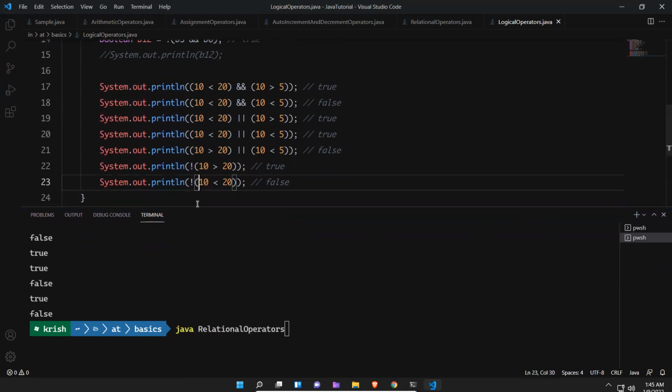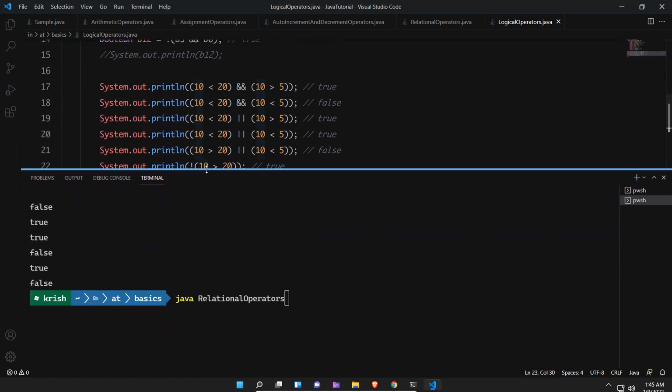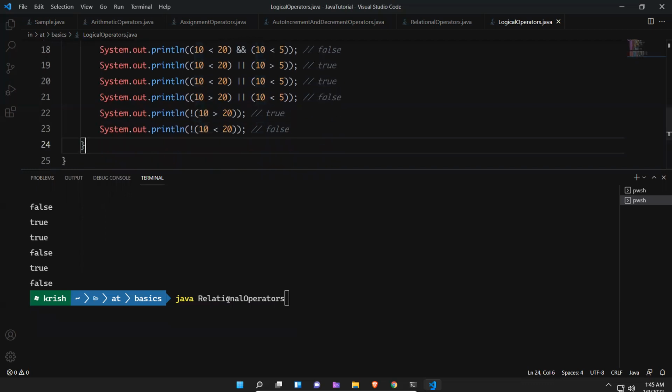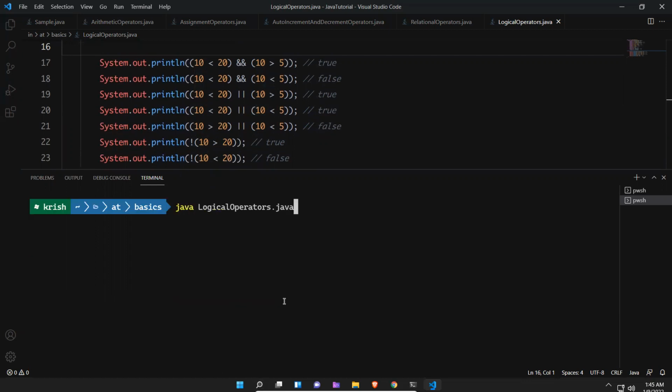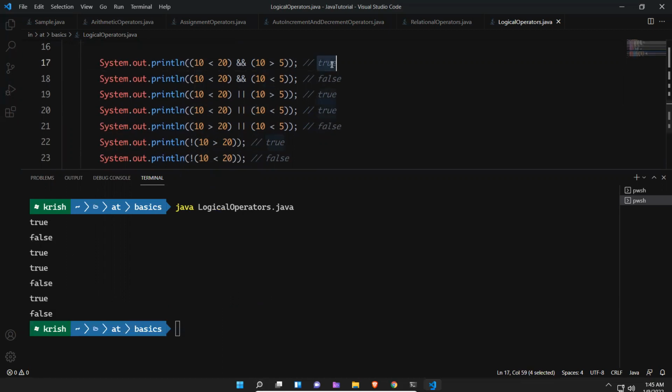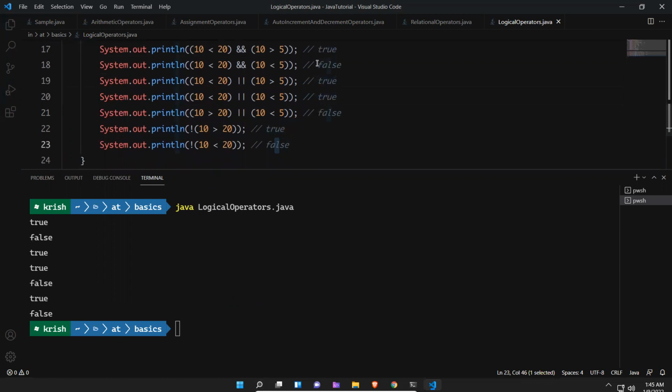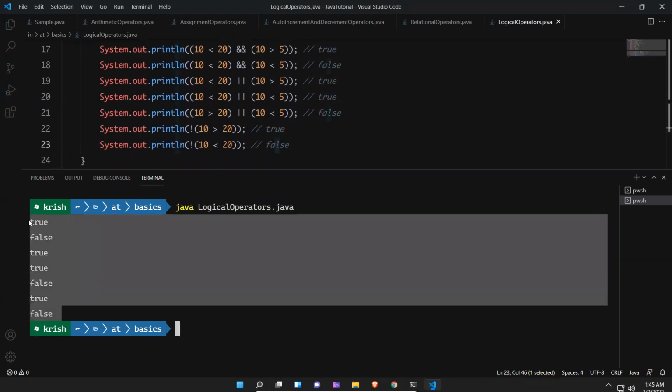Okay, let me clear this and then let me execute again. Yeah, you see that, true, then false, then true, then true, then false, true, and then false. Whatever we have written, the same thing we are getting here.